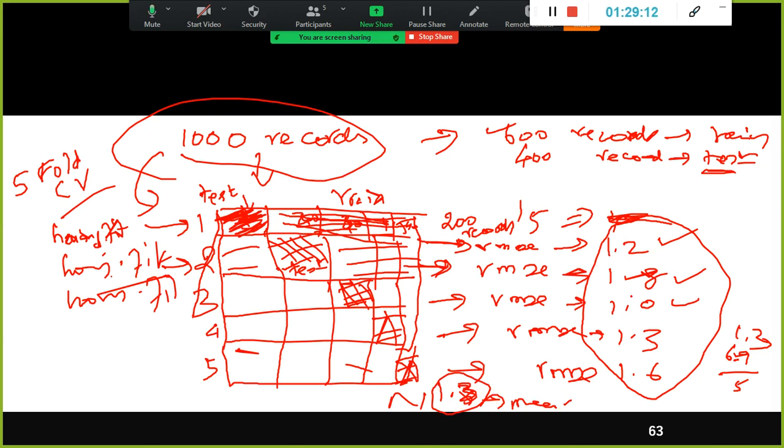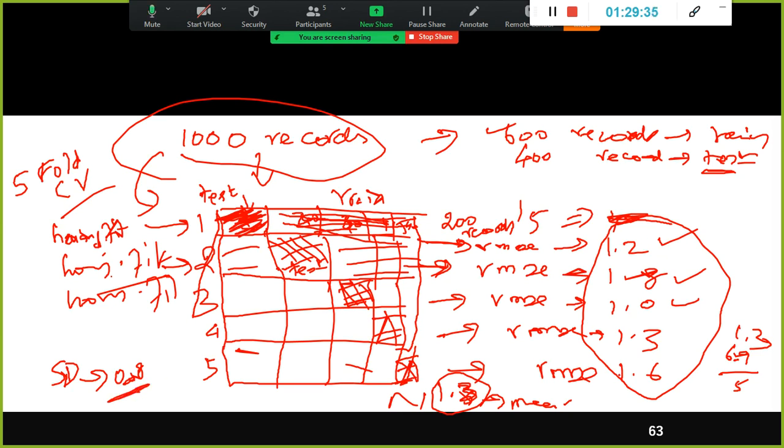You need to take the average of all these folds' RMSE values, 1.3, and take the standard deviation, SD. Let's say the standard deviation is 0.8. And so what does it say?